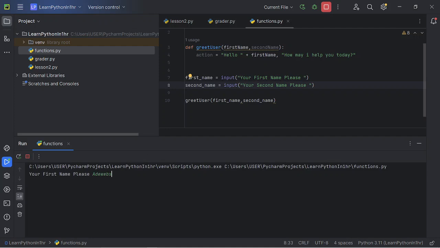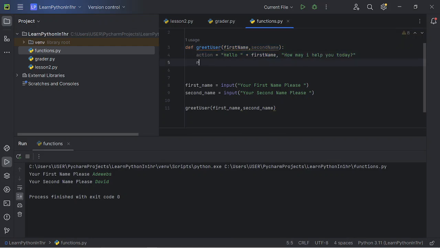Adewebs. Then my second name, please. David. Now, what happened here? Nothing was printed, but actually the action has been carried out. So let's say return action. After the user has been greeted here, right,